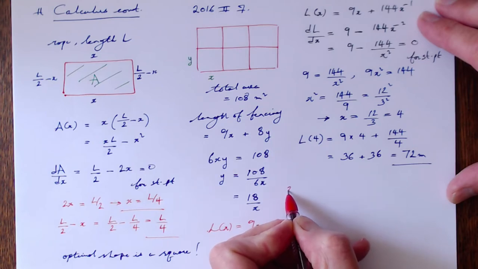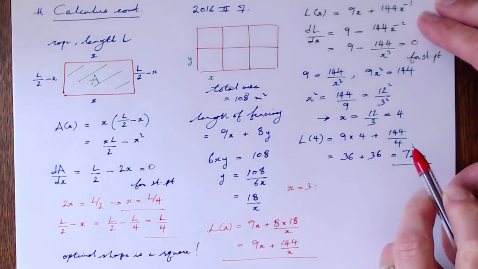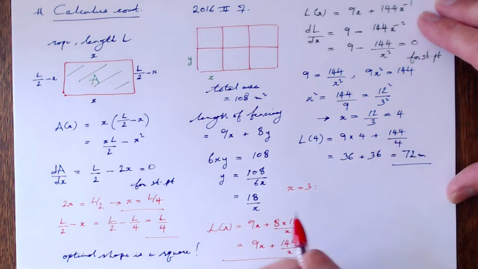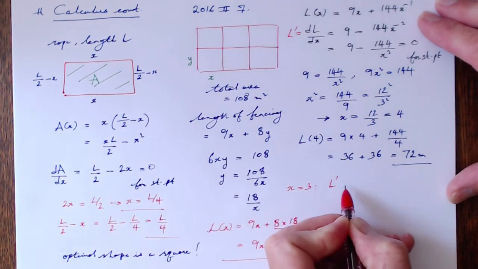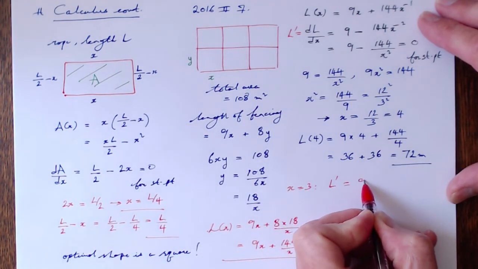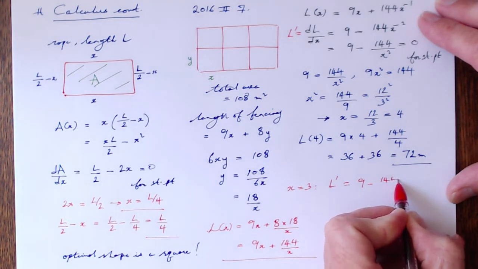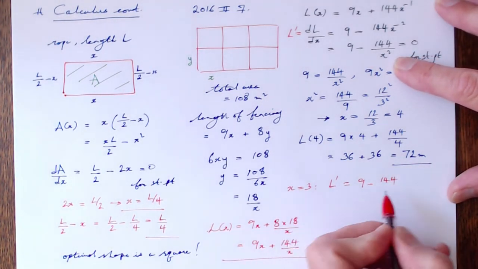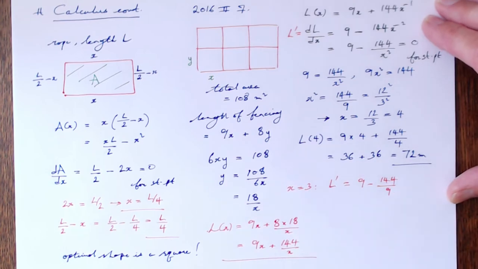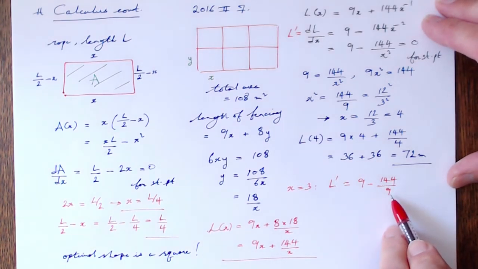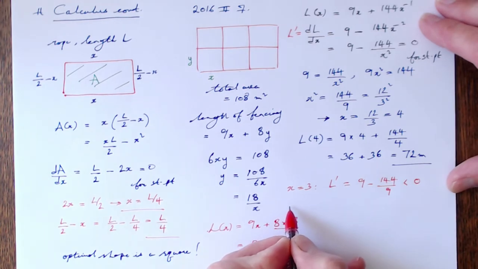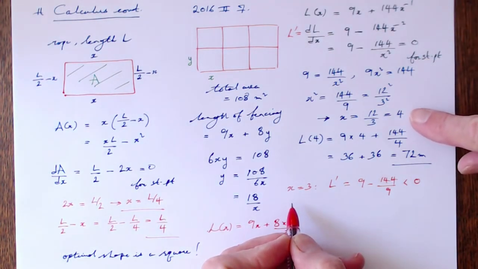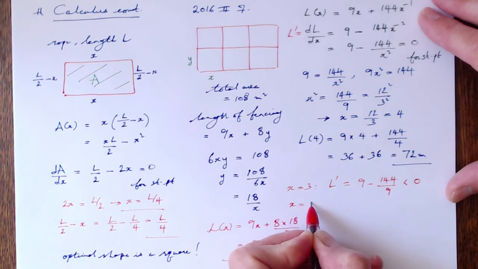So if I choose x equal to 3, for example, to be on the left side of this solution, then the derivative L primed is given by 9 take away 144 divided by 3 squared, which is 9. And it's very clear that 144 divided by 9 is greater than 9, and so this will be a negative number. And then if I go to the right side of x equals 4, if I take x equals 5,